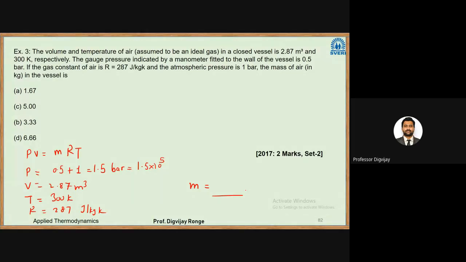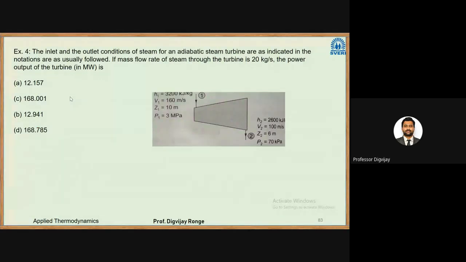Gayatri Joshi has given the answer 5. Okay. So I will not calculate, I will take your answers only. So I'll write it as 5 kg, and option C will be correct. You can see that this kind of question will be asked in GATE, and in other competitive exams also. So quickly move to the next.